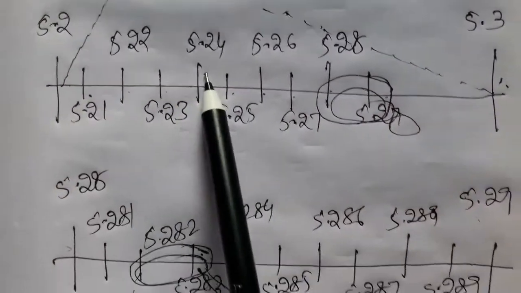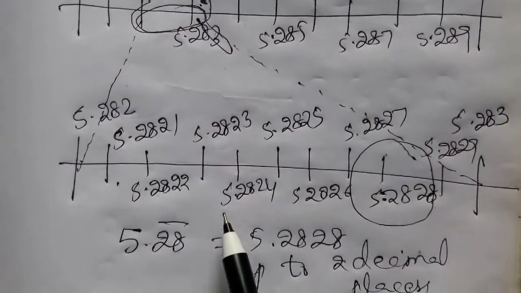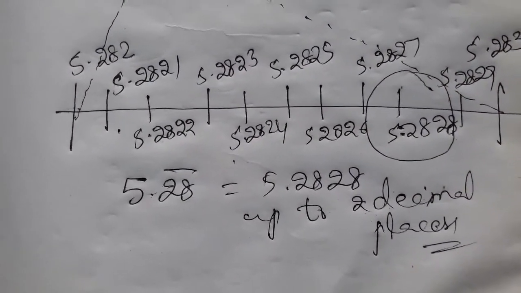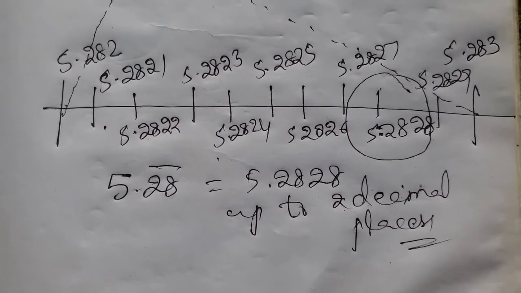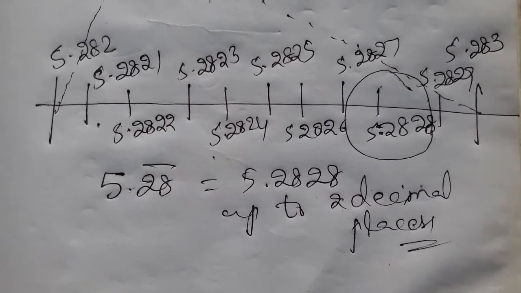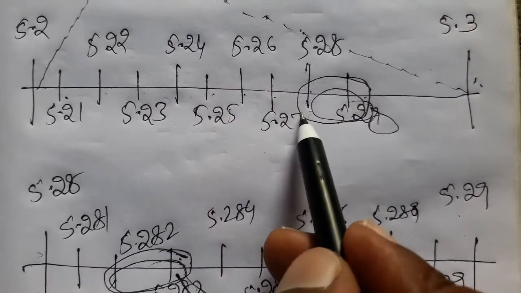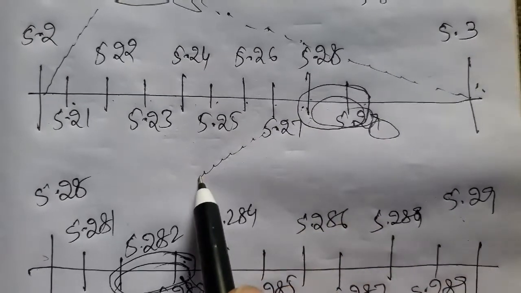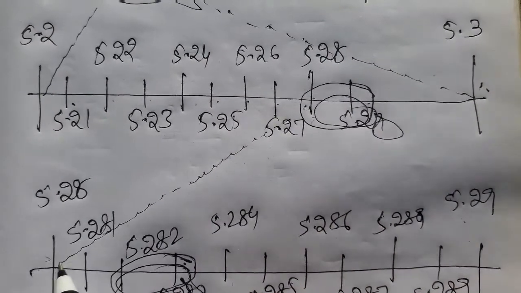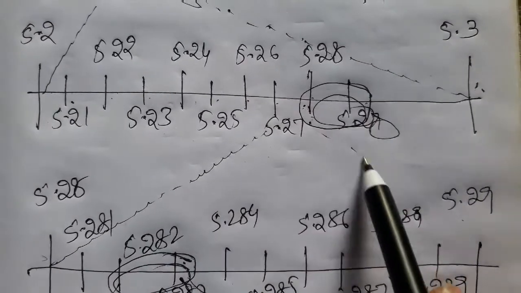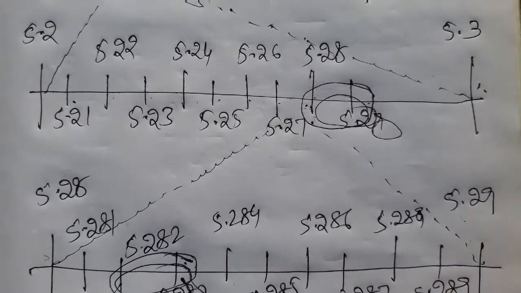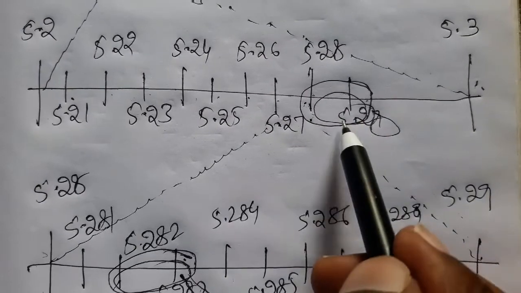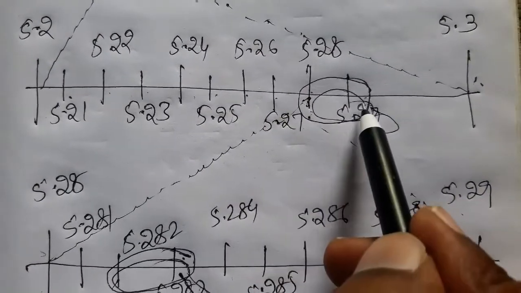Step 1, step 2, step 3, step 4, isn't it? All of you understood? Okay, thank you. Drawn a dotted line for 5.28 and 5.29. I have not drawn it in the last one, so here